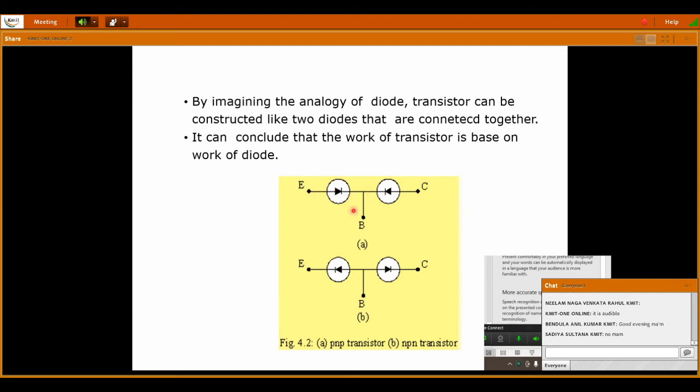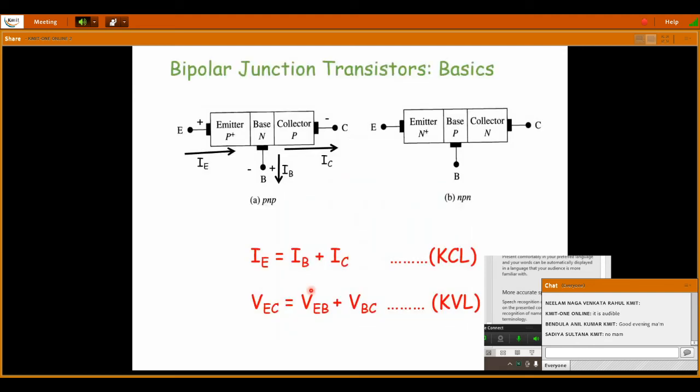Okay, right. So here we have an input junction between the emitter and base, and the base to collector is the output junction. In the NPN also, the input junction, one PN junction, is available between base and emitter, and the second PN junction, the output junction, is available between collector and base. Next, these are the current directions in the NPN as well as in the PNP transistor: the emitter current, base current, as well as the collector current.